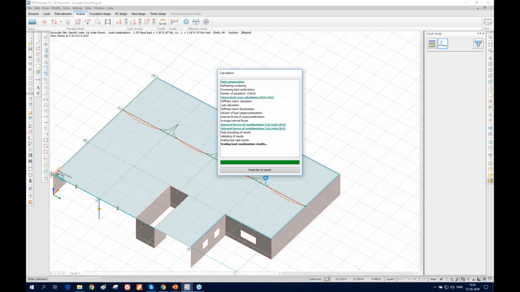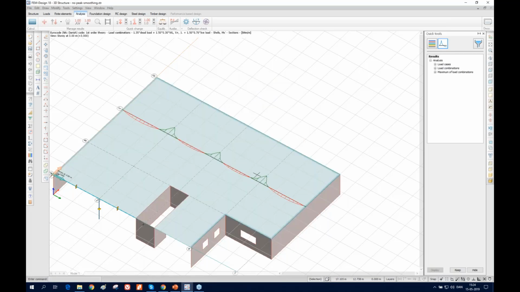Yeah, it takes a few seconds now. Yeah, it's finished. As you can see now, those unrealistic peaks are smoothed out. And this higher order shape function is really good, also especially for the